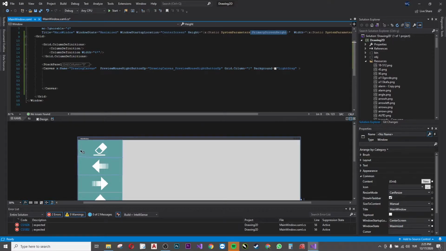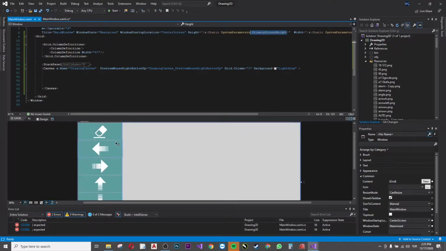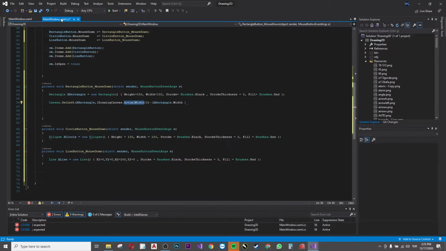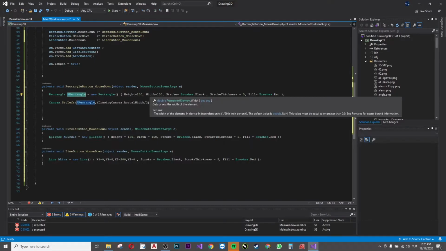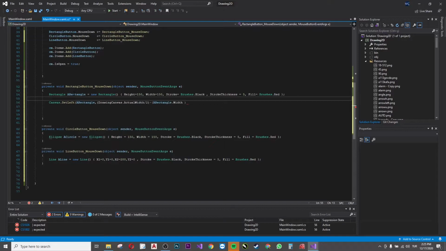So after the main window is rendered, the two columns will be rendered, and the buttons will be rendered, and the canvas will be rendered. After the rendering is finished, the actual width parameter will give me proper information. But when you create a new shape, because this shape is not rendered yet, it doesn't have an actual width parameter. After the rendering is finished,